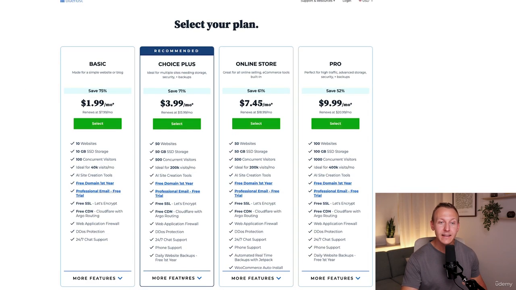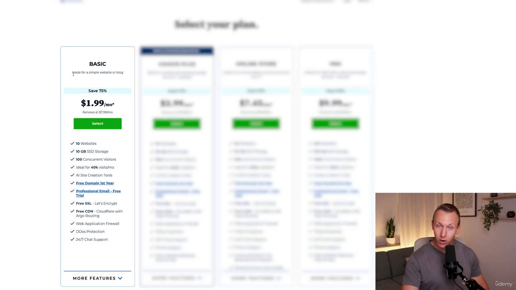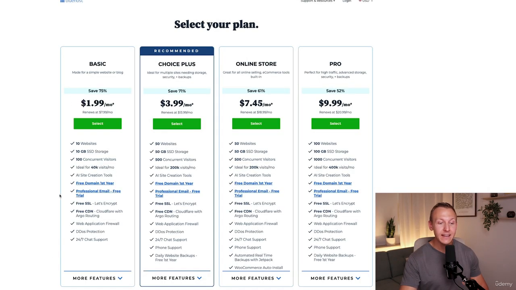Now, when it comes to selecting our plan, we have multiple different choices. The really good news is that the basic plan is all that we need. It allows you to create 10 websites. It has more than enough storage. We can have more than enough visitors, even per month. We get AI site creation. We're going to talk more about that later. Everything we need, literally,